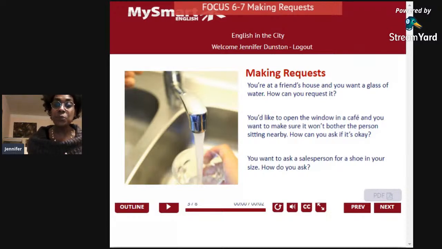We see that there are different situations that call for us to be more polite or more formal. 2 of these situations are if you're speaking with a stranger, someone you don't know. It could be another customer in a shop. It could be a person sitting in a restaurant. Or you can be speaking with a salesperson or your doctor or someone else in a public service position.